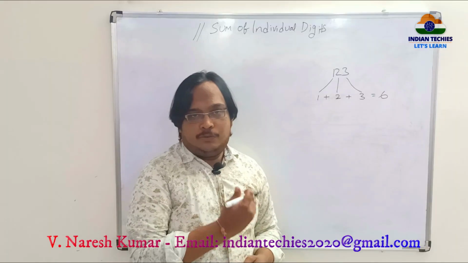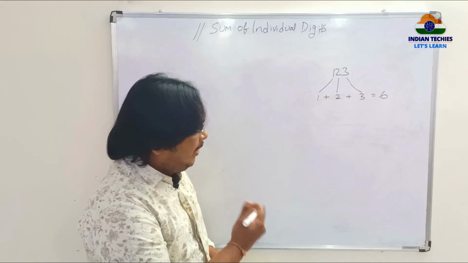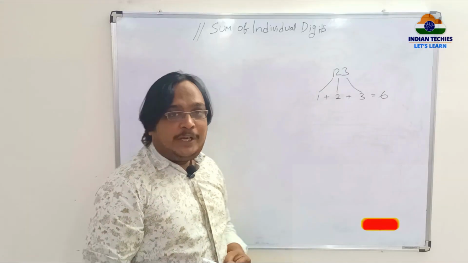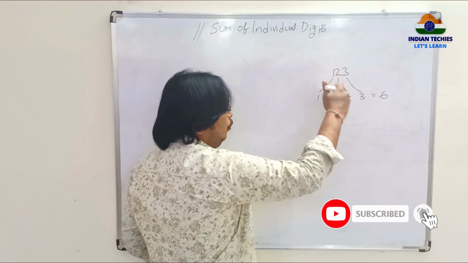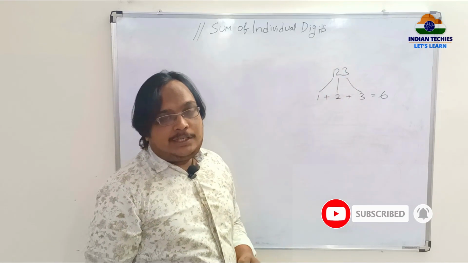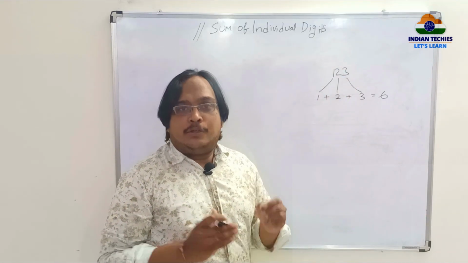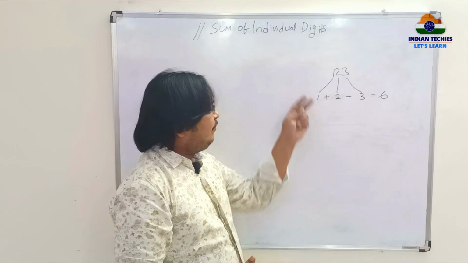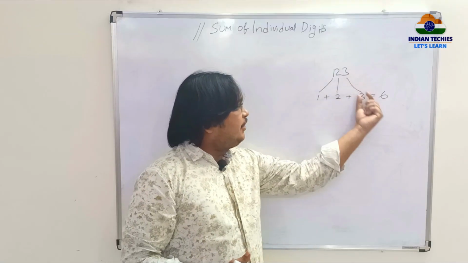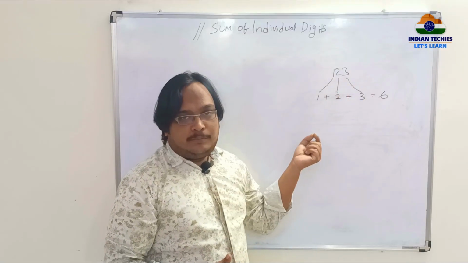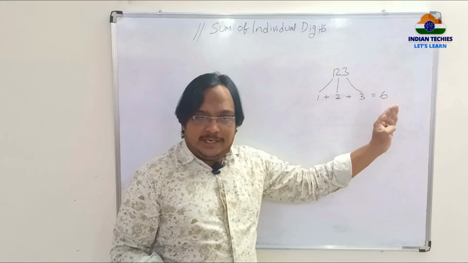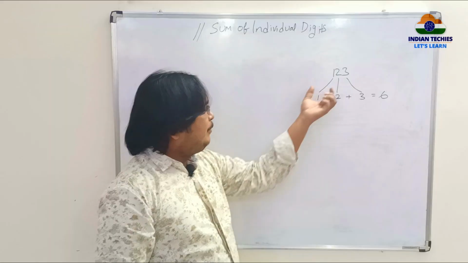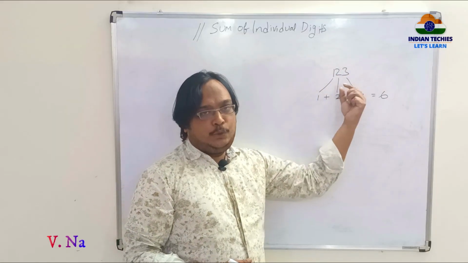Let us see how to perform this. Let me explain the logic, then we will go for the program. Now, you cannot split 1, 2, 3 in order. There is no default function in C to split the values. But you can split in reverse order. That is, 123 is there. I can split first 3, then 2, then 1. Both are the same: 1 plus 2 plus 3 or 3 plus 2 plus 1, the result would be the same. So we will be splitting from the reverse: first 3, then 2, then 1.